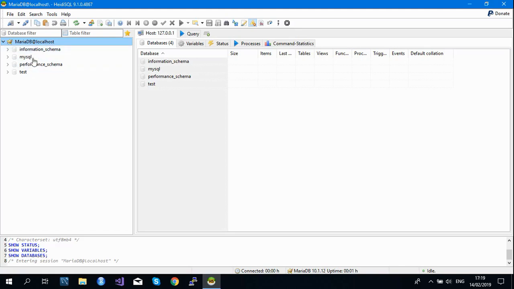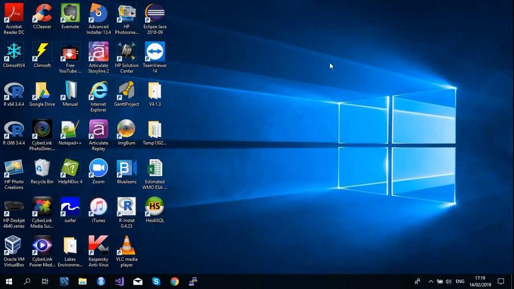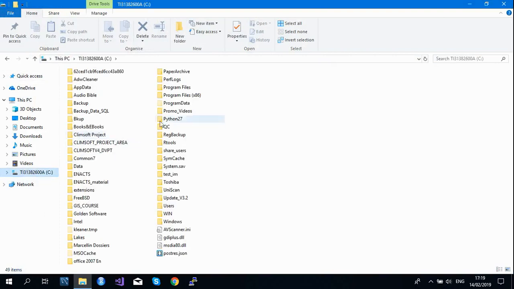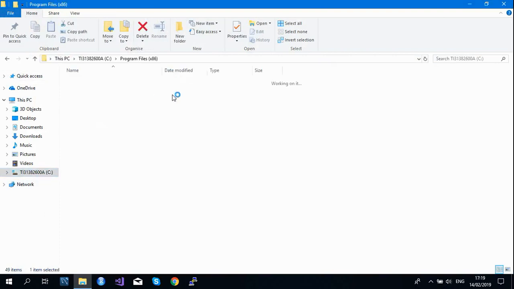And you need to be attentive, because after running that script, it will add 2 databases here, one for your operation task and one for the test. So if we minimize, we can close this one and go to the CleanSoft folder. Remember, it was under C, program files 86.